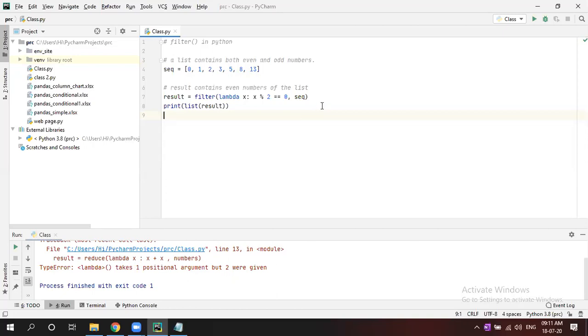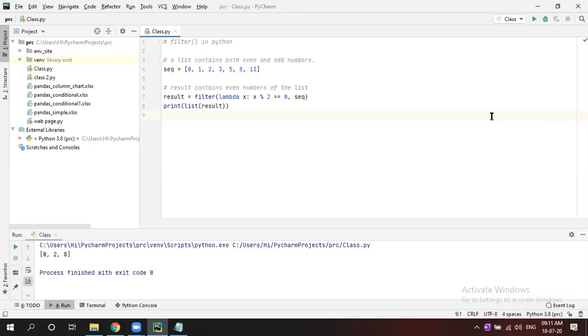So what do you mean by filter? Filter means it will filter whatever you want. Let's say I have a list 1, 2, 3, 5, 8, 13 and all. I want to filter only the even numbers. Run it. So how to filter only even numbers from the list?